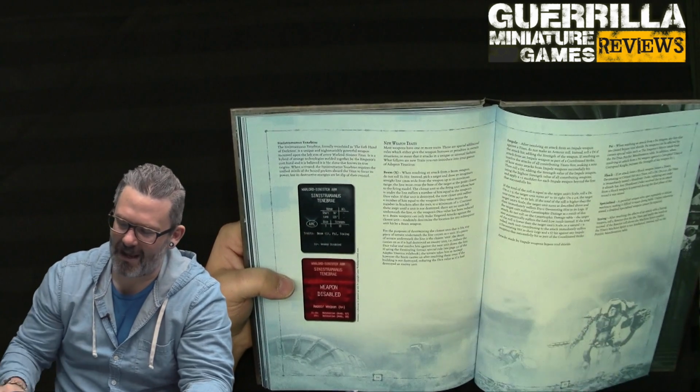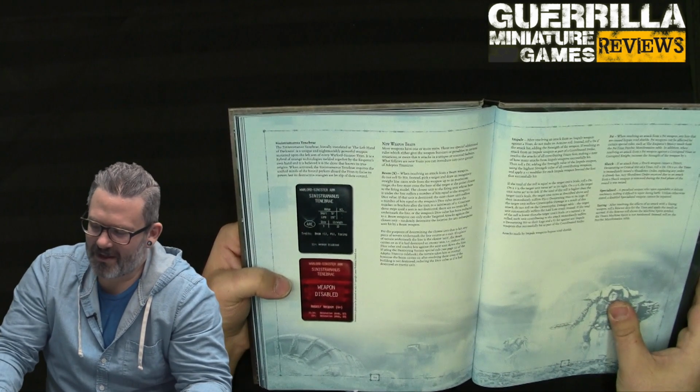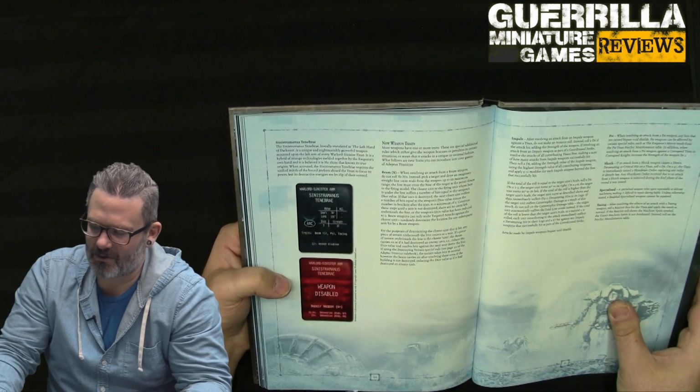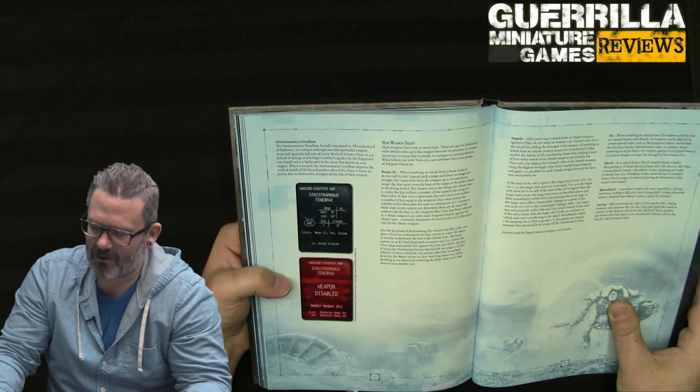For the Ursus Claw, it's impale. After resolving an attack with an impale weapon against a Titan, do not make an armor roll. Instead, roll a d6. If the attack hits, add the strength of the weapon. If resolving an attack made with an impale weapon as part of a coordinated strike, resolve the attack for all